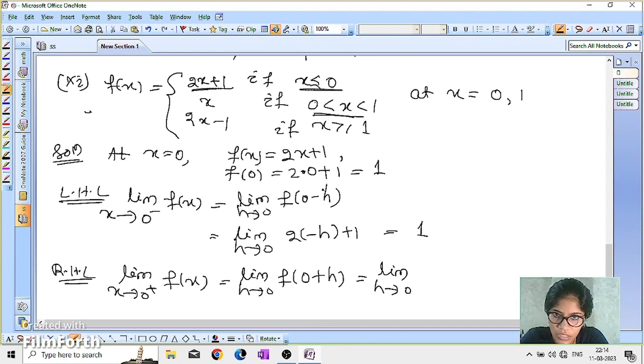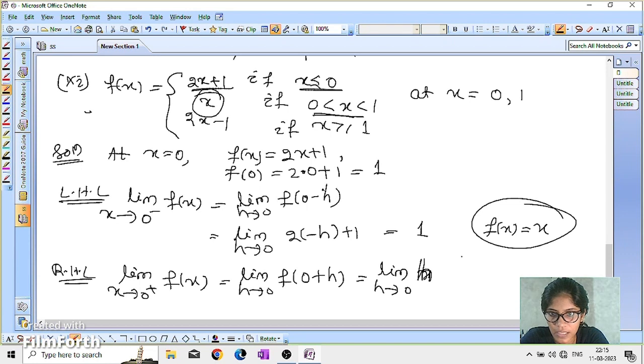For greater than 0, our function is x, that means here f of x is x, so f of h will be h, which equals h. Since left hand limit is not equal to right hand limit,